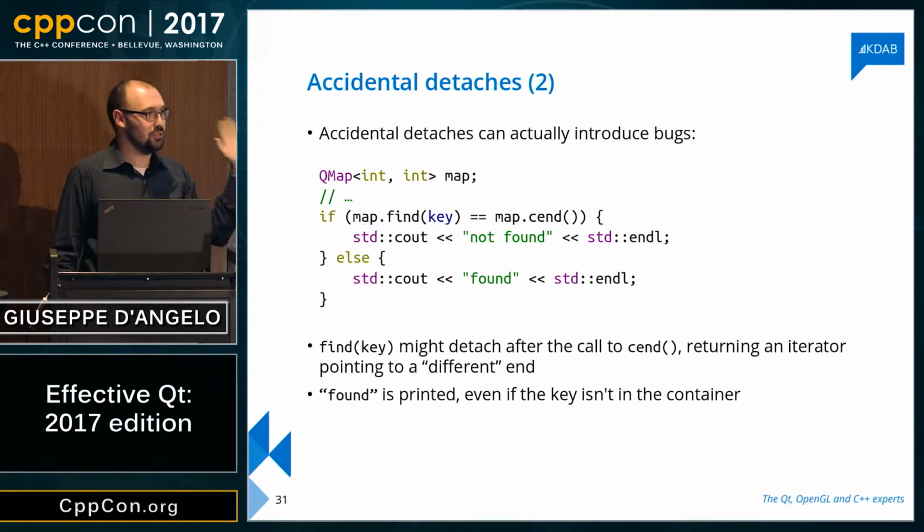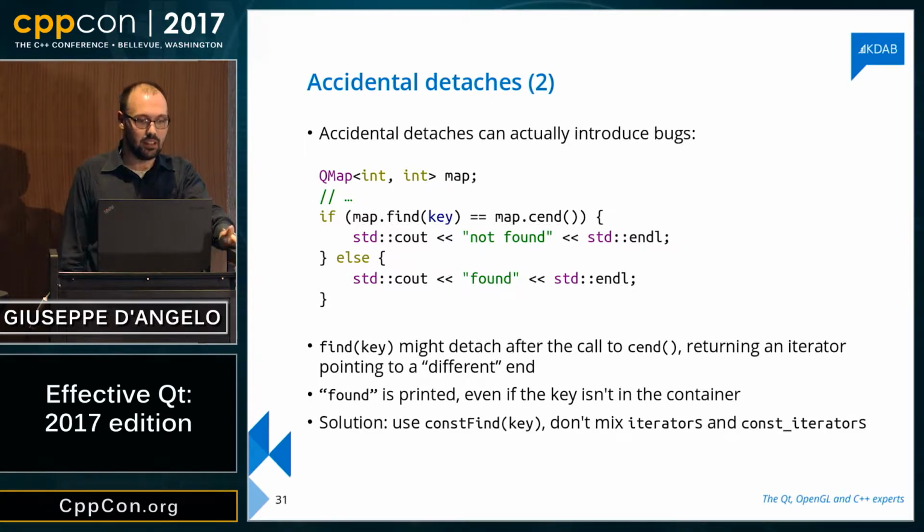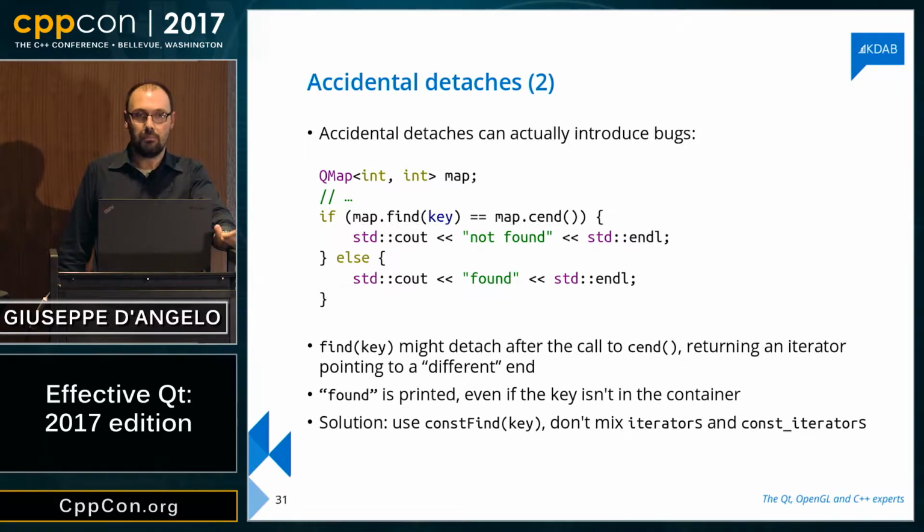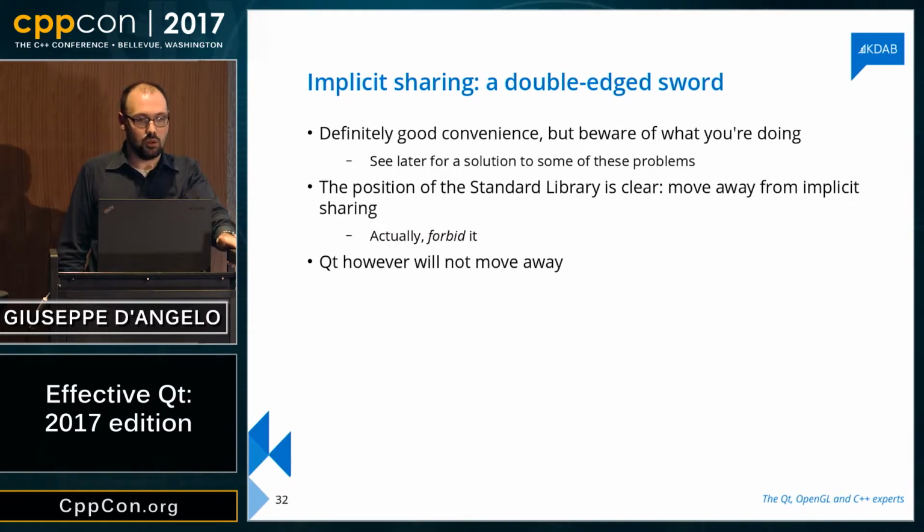This is extremely subtle to find doing a code review, but basically, again, we got a solution. The solution is always call const find, but actually dealing with this sort of bugs in production code is very, very tricky. There is a solution coming in a few slides, don't worry too much, but this is the kind of thing that may happen. So my advice here is this. You need to understand implicit sharing, because if you're using Qt, all Qt value classes are implicitly shared. Just be aware of what you're doing. Be extremely aware not to fall into one of these traps.